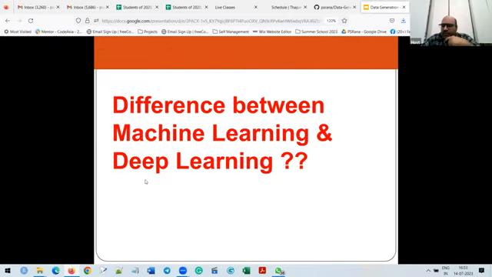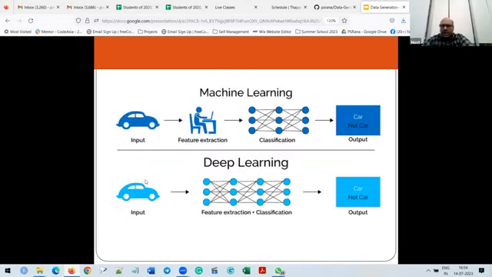Now, one important question: what is the difference between machine learning and deep learning? In machine learning, we need to extract the features manually, then apply some classification model, and after that the model will be able to predict your object. But in deep learning, we need to give the data in the format of images, audio, video, that's it, and there is no need to extract the features.